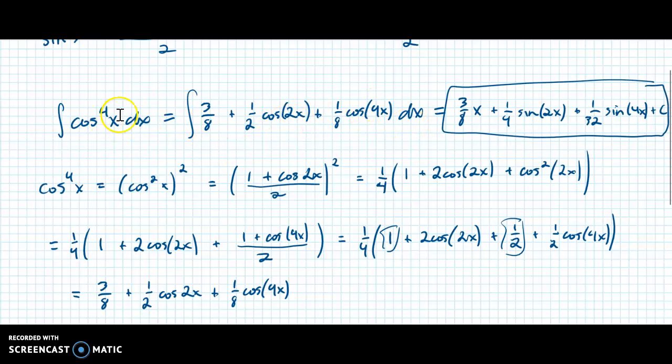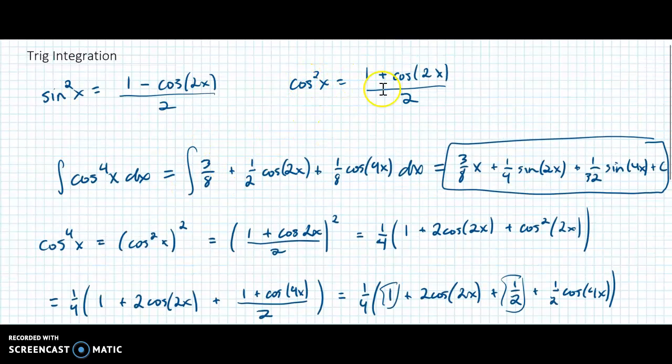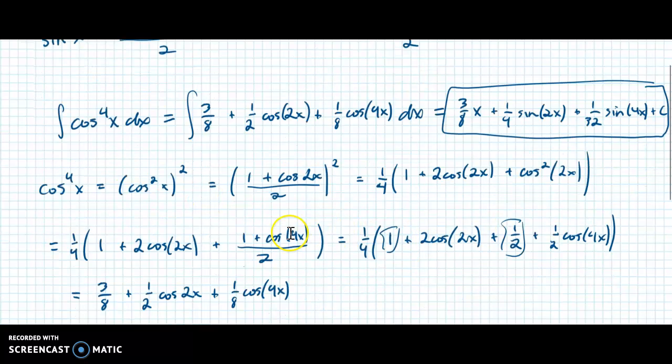Hopefully you see how I can use that double angle, or sorry, the power reduction formula. I say double angle a lot, and what I mean is power reduction. To me, they're sort of the same thing. But I use that power reduction to reduce this until I don't have to reduce it anymore. If this was cosine to the 6x, then you would probably have to do a little bit more work, and it would take more work to FOIL things and stuff like that. So